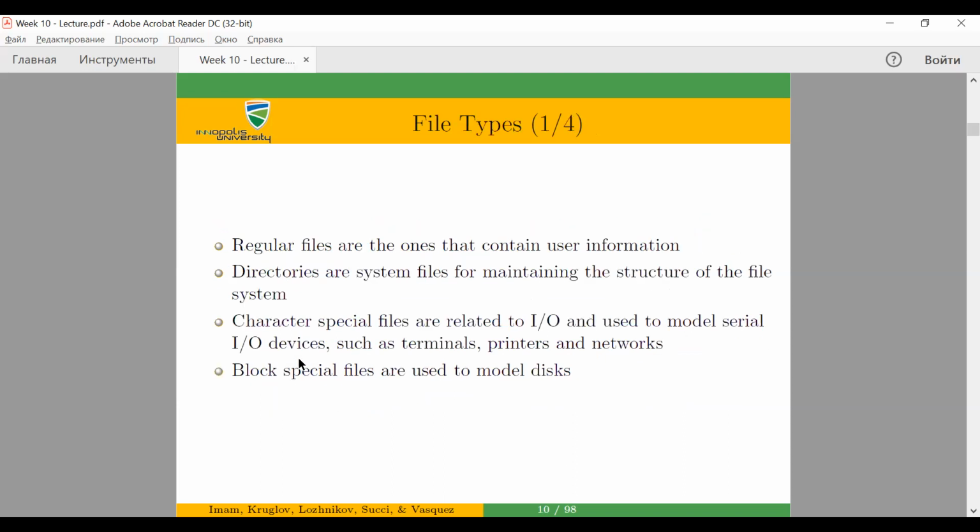So we have three kinds. About file types, regular files are the ones that contain user information, and we have directories. You know, the directories or folders are system files for maintaining the structure of the file system. Because here, for example, if you create a group of people, you will see a file which is stored as a group of these